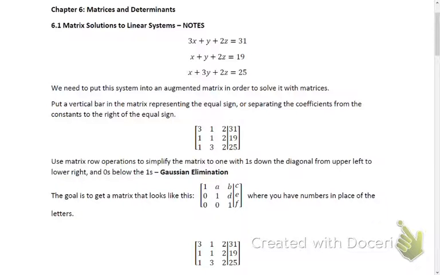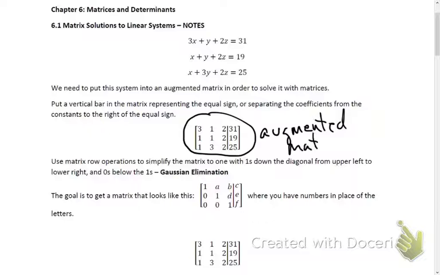For this problem, I'm going to show you how to do Gaussian elimination with this system that you see at the very top of the page. First off, this right here is the augmented matrix. Hopefully you can see all I did was type in the numbers within brackets without letters or the equal signs. That vertical line right here,